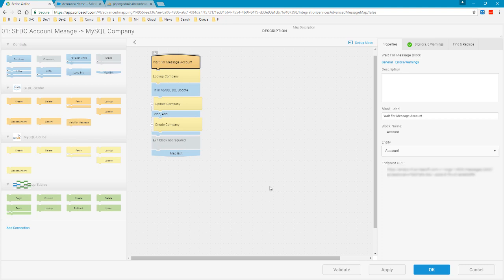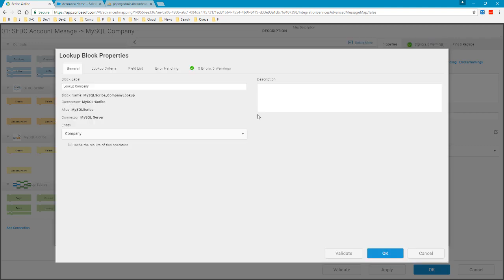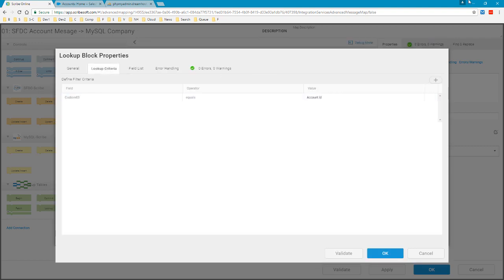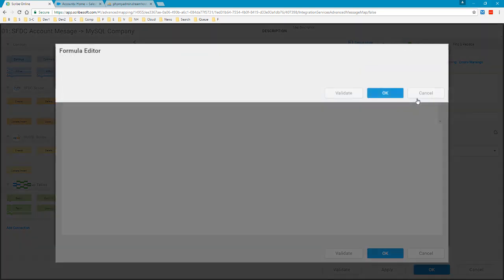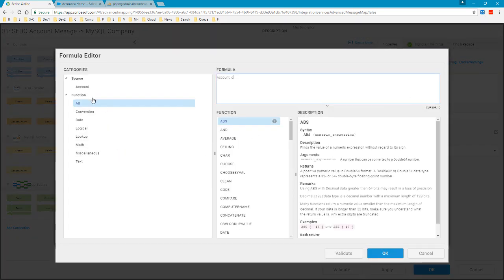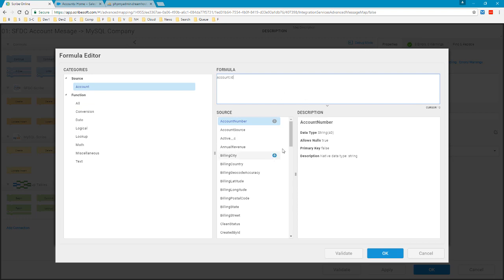In a message map, the connector itself is aware of what the schema is for the incoming message. So in this case, we select the account object, we do the lookup on the company, and once we're in our lookup criteria here, we can see the scope, and all the fields in the account are available here in the